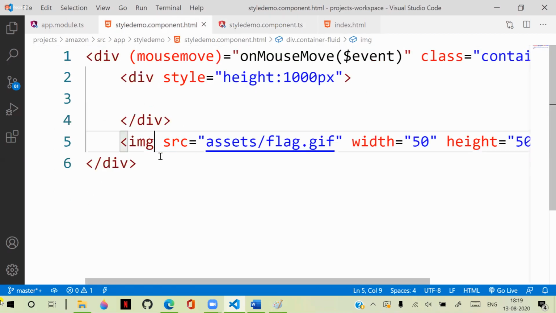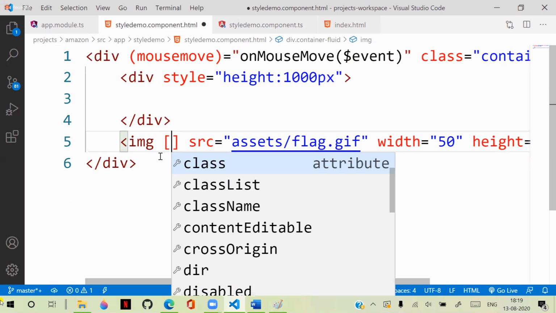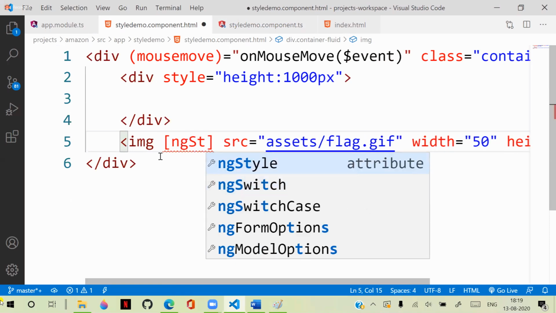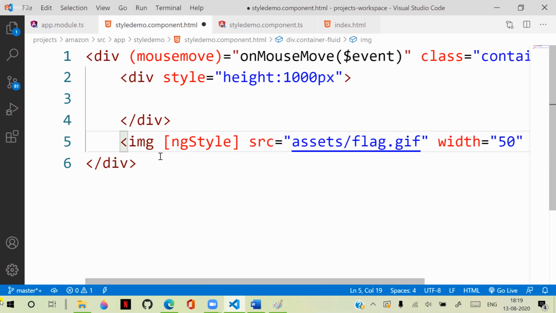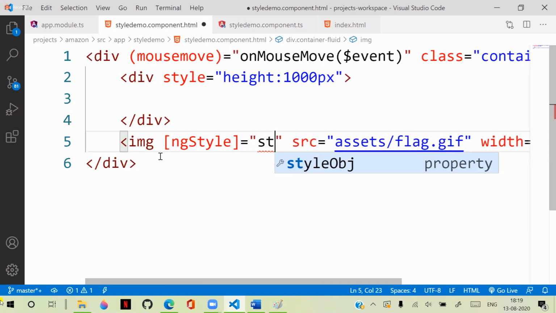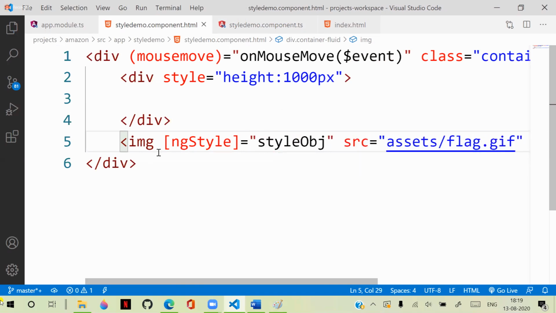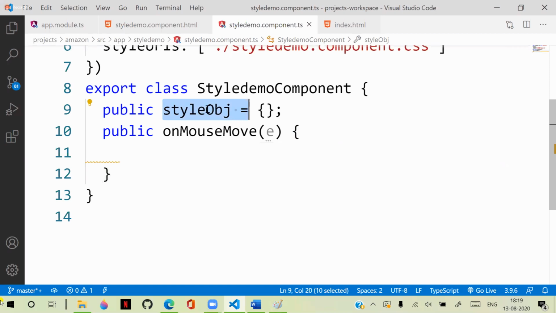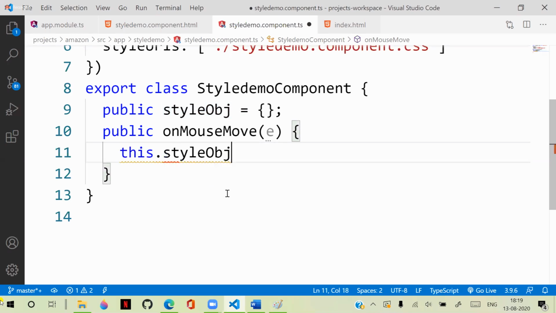Then here we have to apply the style by using ngStyle, and the styles are coming from the style object. Currently the style object is empty, but when you move the mouse, this.styleObject will